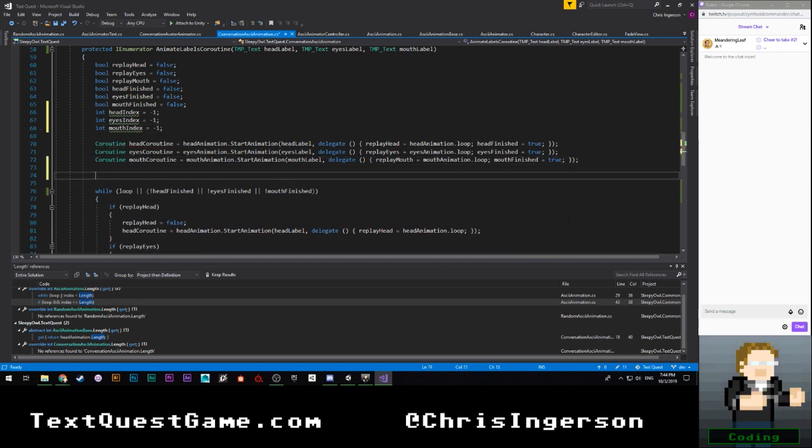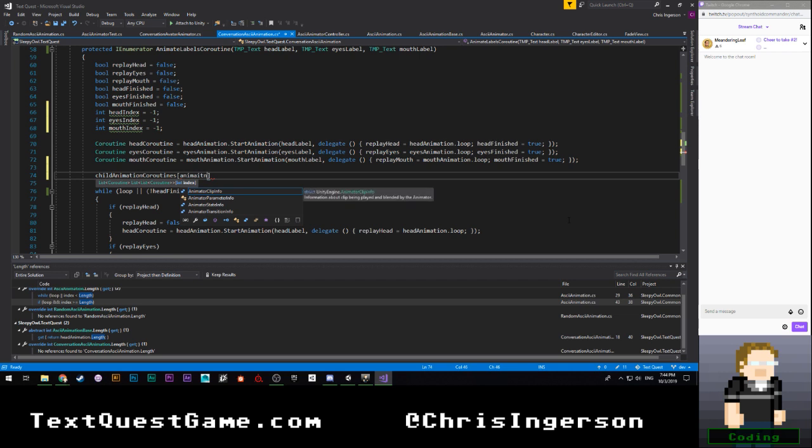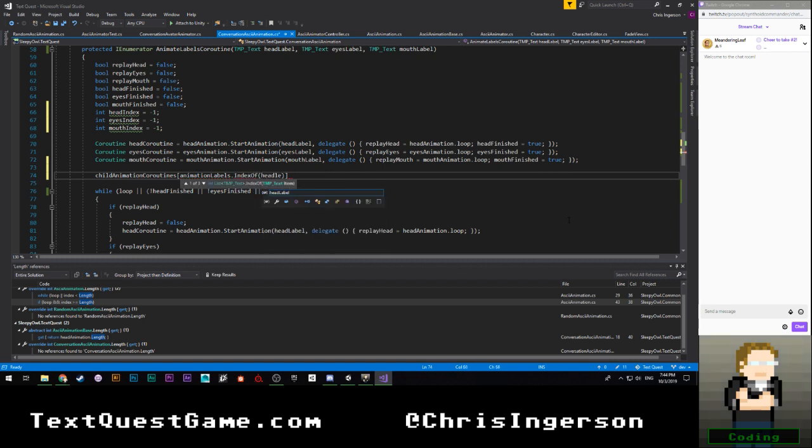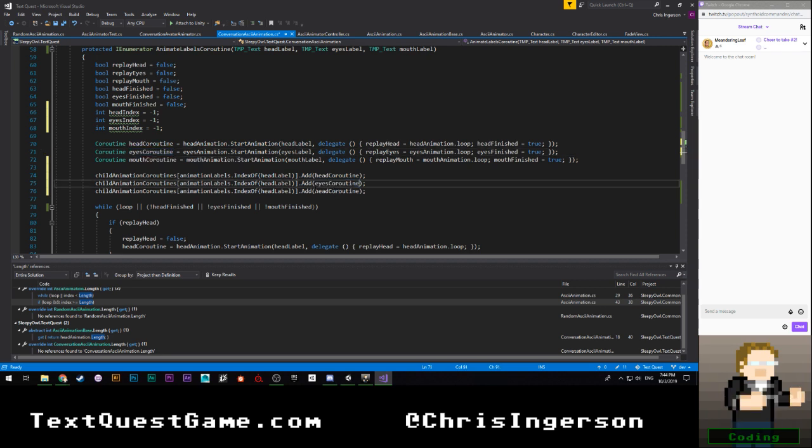We get all these fun things. We're going to need to say child animation coroutines of animation labels dot index of head label. Okay. And then we're going to say dot add head coroutine. We're going to do that two more times, one for the eyes and one for the mouth.